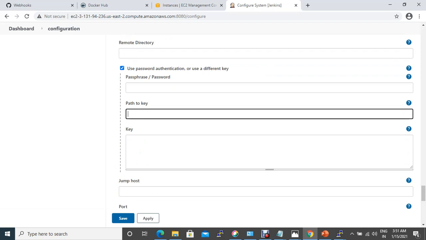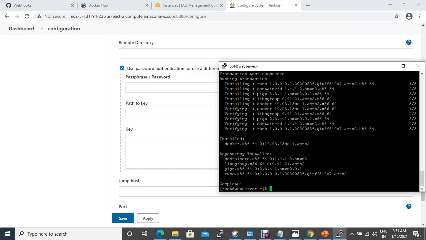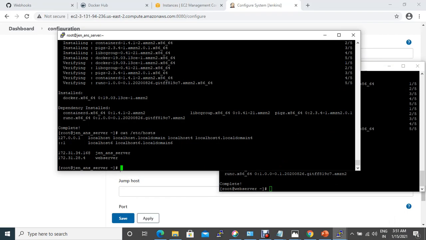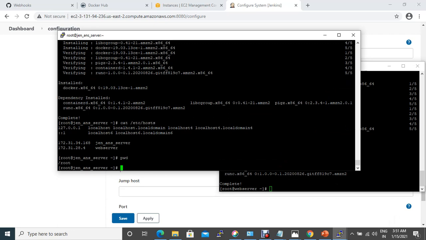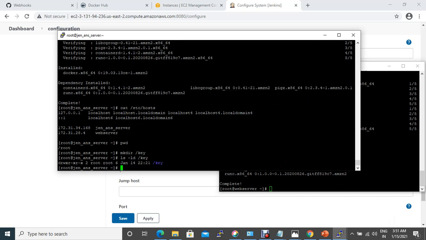So what do we do is, this is for the Jenkins server. So let's keep the keys to be accessible for the Jenkins admin console somewhere here. Make a directory key, and then this one is key, and then go to the home EC2